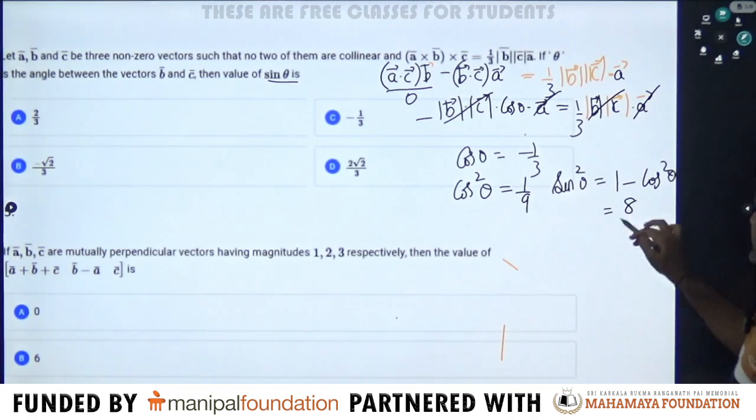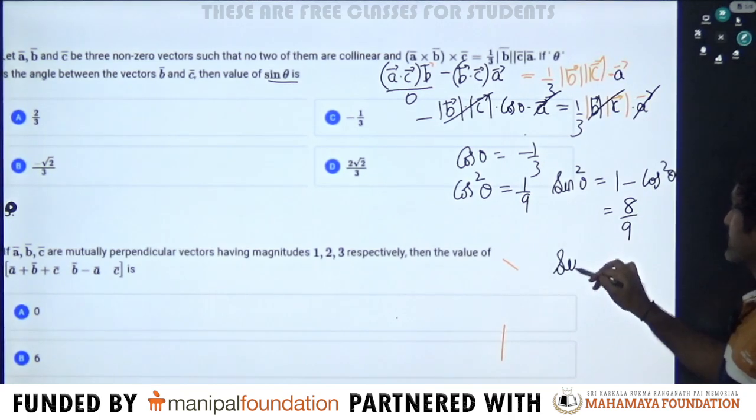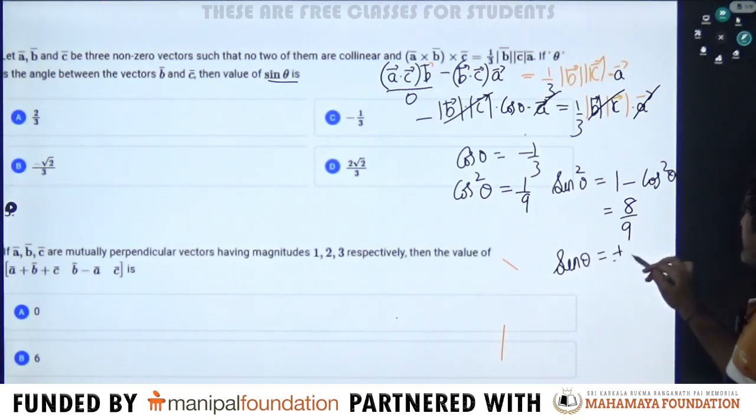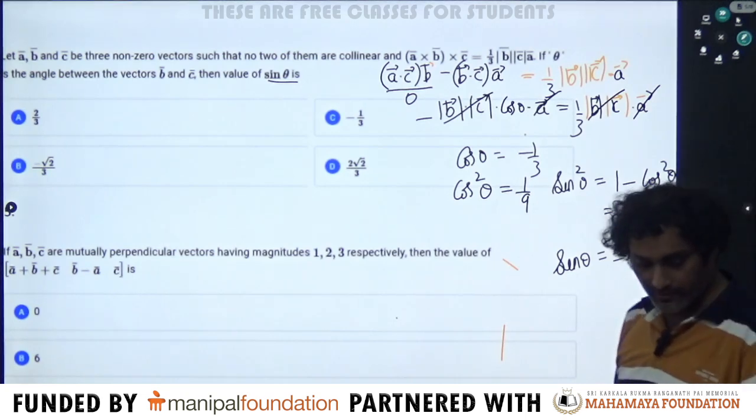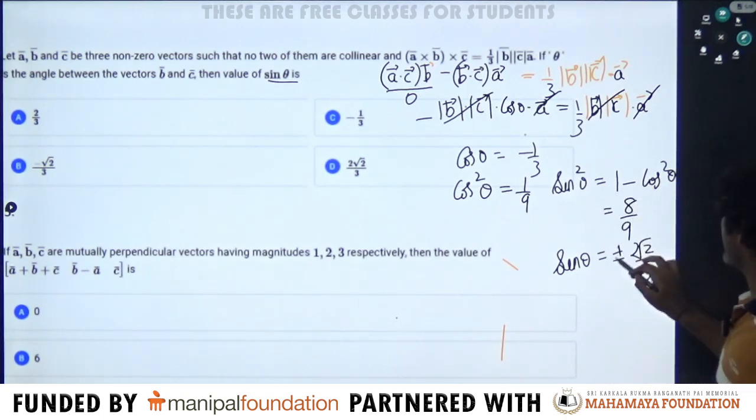So 1 minus 1/9 is 8/9. Therefore, sin theta, when you take root, it will be plus or minus 2 root 2/3. 8 is root, right, but they are taking only positive, so it is